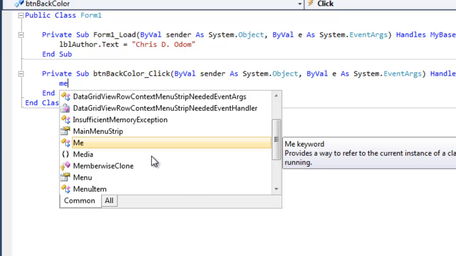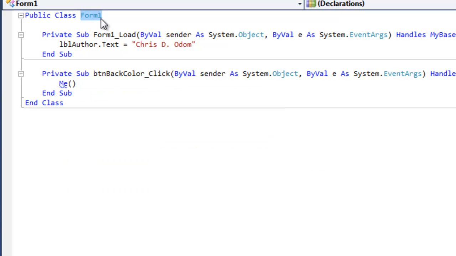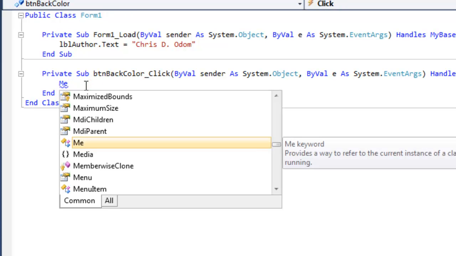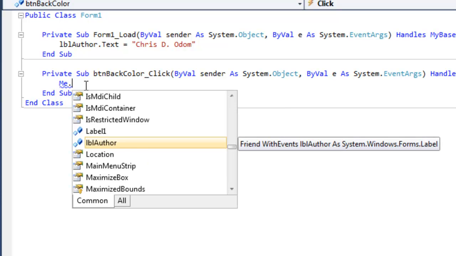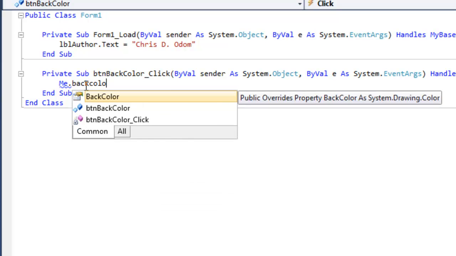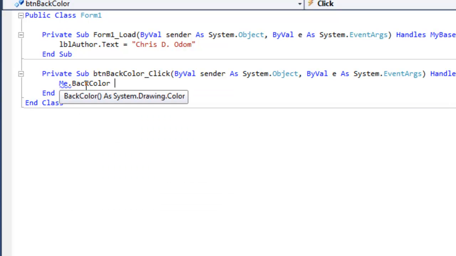We can't call it form1 because you can't refer to yourself inside yourself. So me is the name that I call myself, I guess. So me dot back color, because that is the name of the